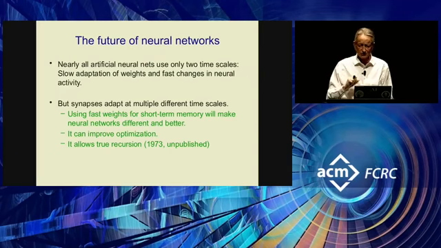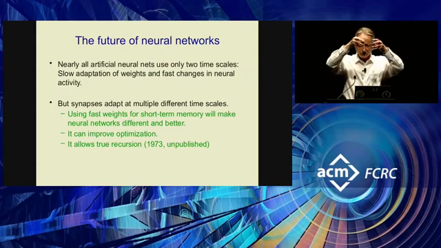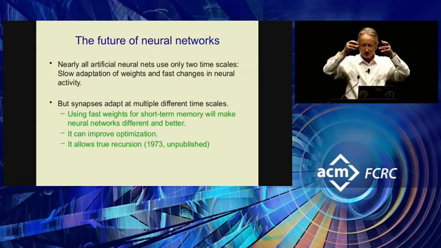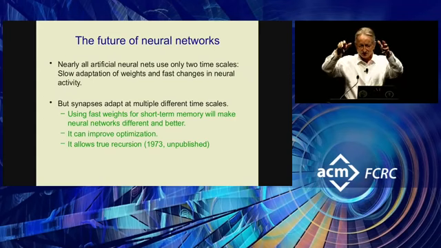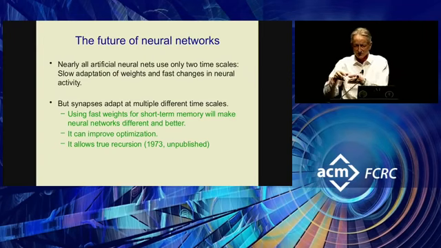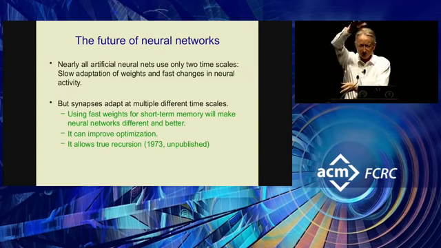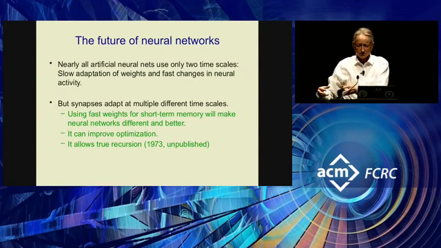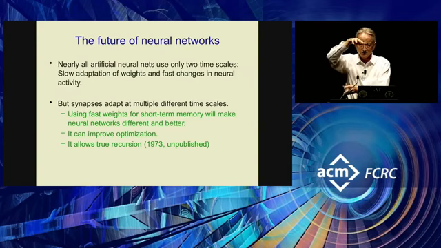And what I mean by true recursion is, when you do the recursive call, like a relative clause in a sentence, the neural net can use all the same neurons and all the same weights that it was using for the whole sentence to process the relative clause. And of course, to do that, somehow it has to remember what was going on when it decided to process the relative clause. It has to store that somewhere. And I don't think it stores it in other neurons. I think it stores it in temporary changes to synapse strengths.